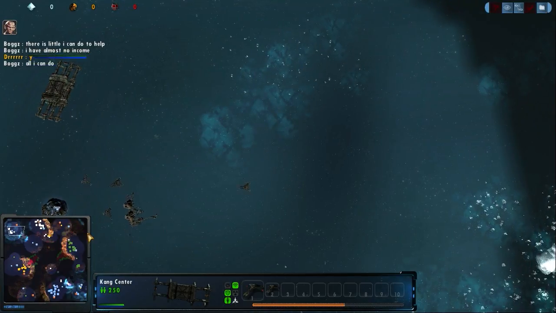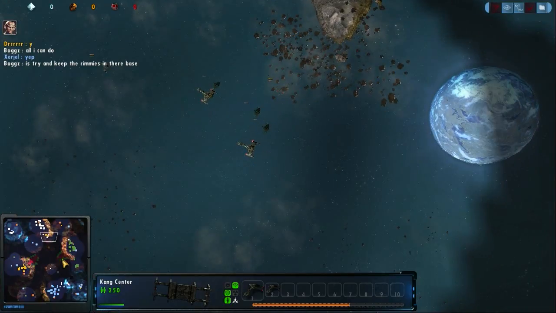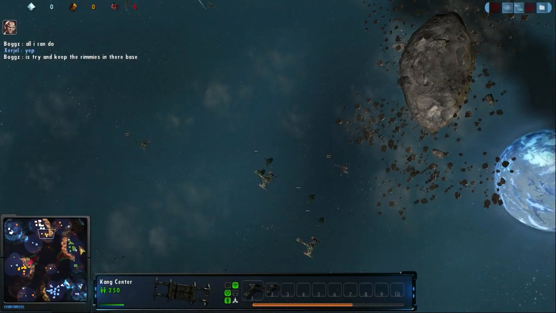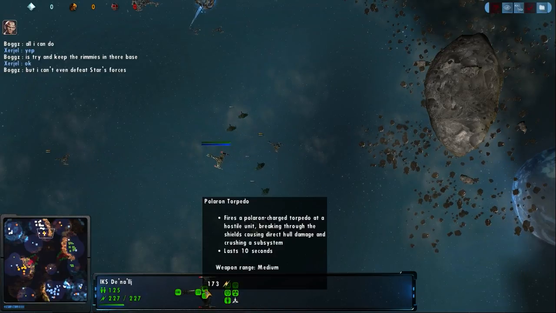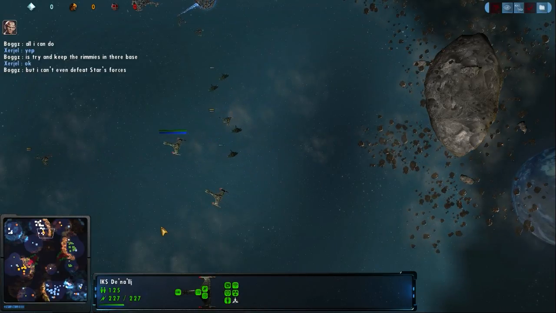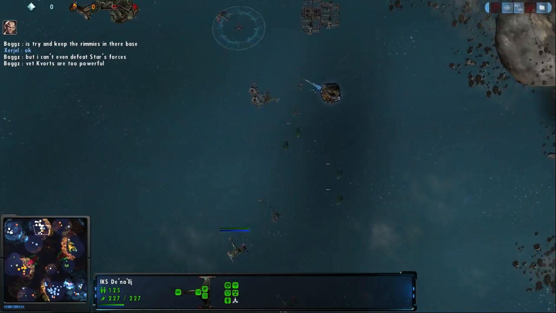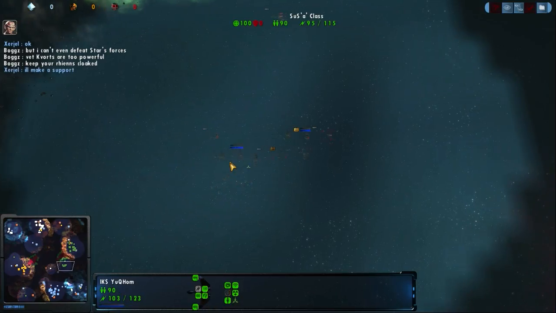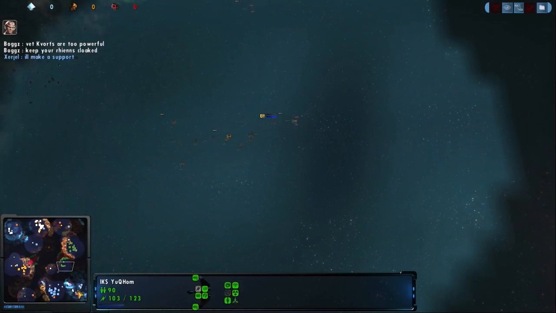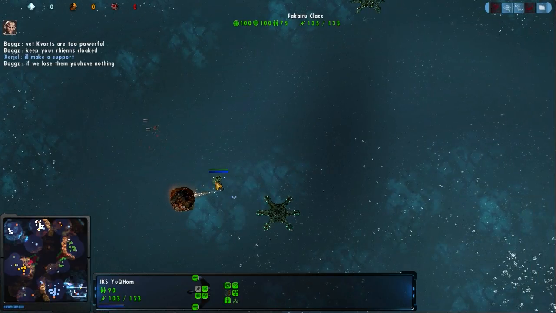You can see, in the meantime, Boggz is still managing to produce additional Vorchaw classes. These Vorchaws are upgraded now. They have these Polaron torpedoes, and that is quite deadly. We can see now that Stardust is on the move. And Boggz is looking to re-engage on